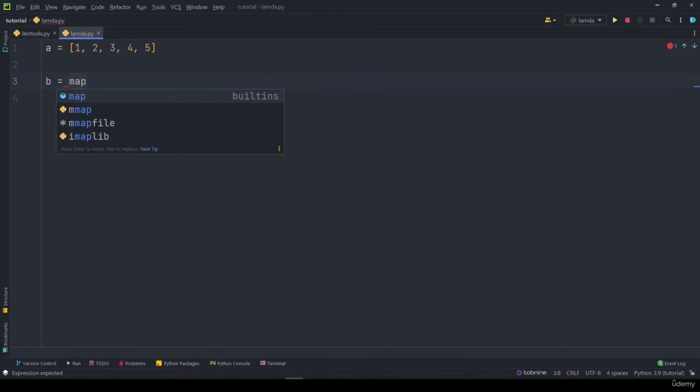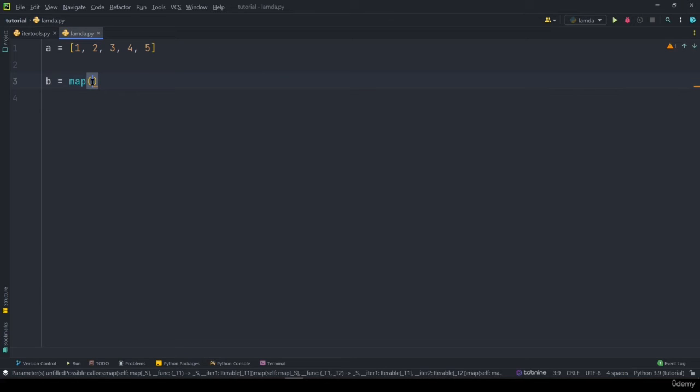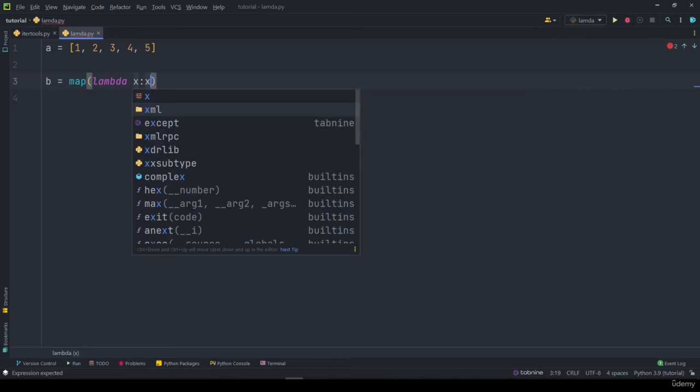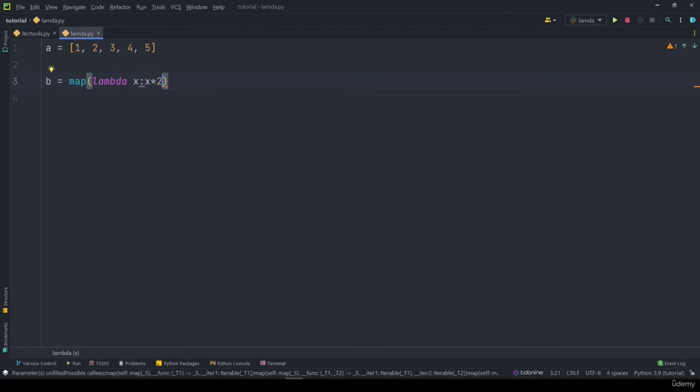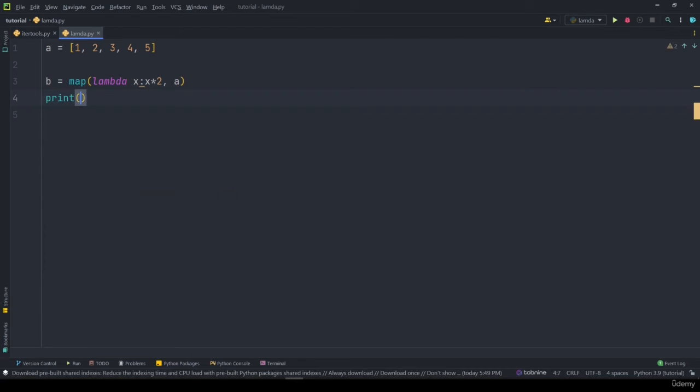So let me declare another variable here and apply map. So let me say map, and we have to declare the function that we have to actually apply to this entire list. So we'll say lambda x. So we are declaring a function that is actually going to multiply 2 with every item in this list. So I'll say x multiplied by 2, and this is actually the item that we actually want to apply this function to. So now if I just print b,